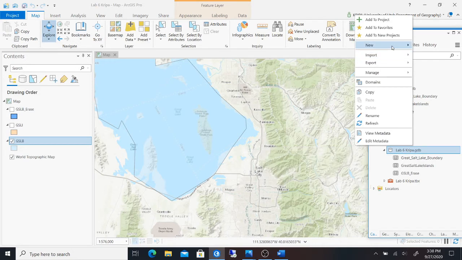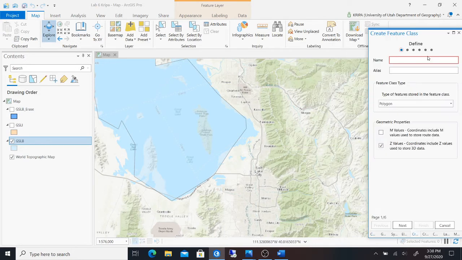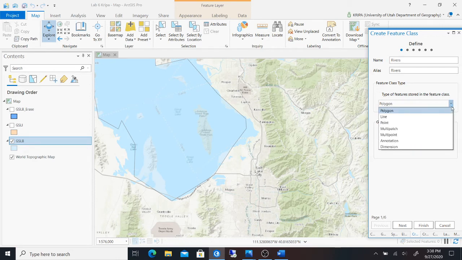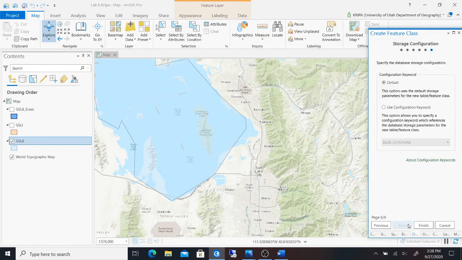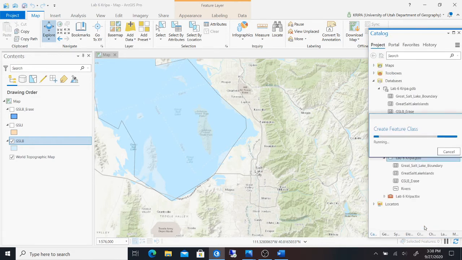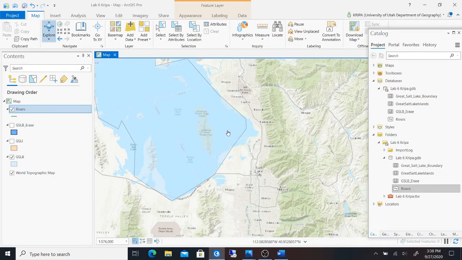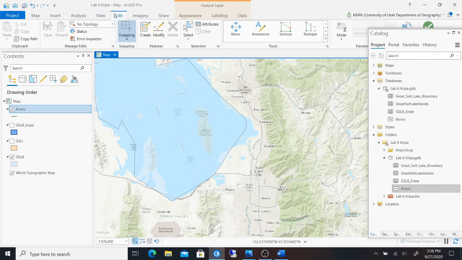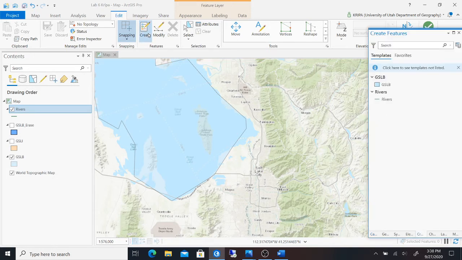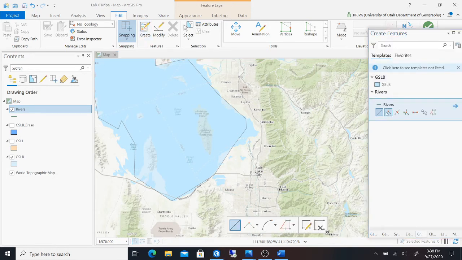Right click, new feature class. We're going to name this rivers, have the same alias. Our feature type is going to be line, and everything else is the same. So make sure it's in NAD 1983. So there you go. Just add this in here, and let's go to edit, to create, click on rivers, click